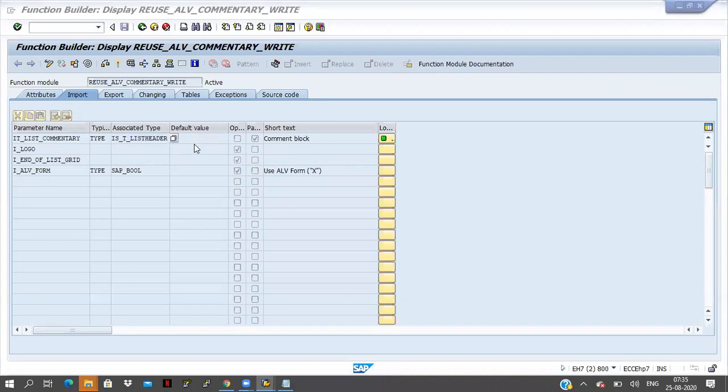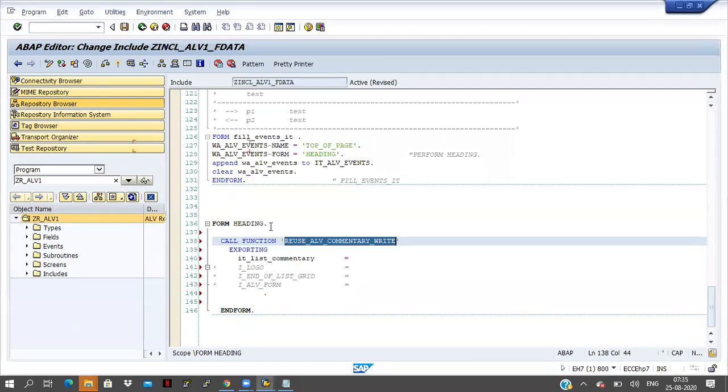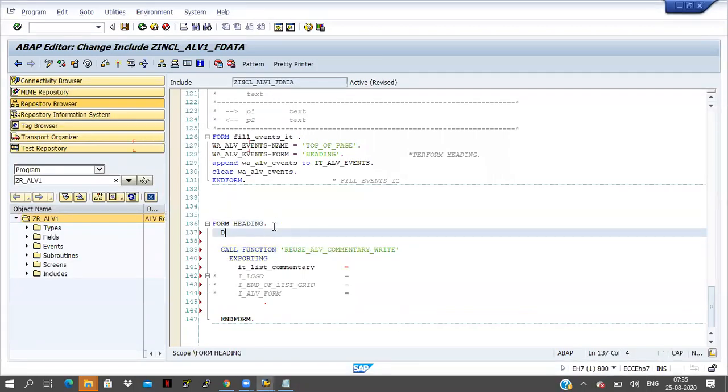Now, so this is a function module, and here only I will declare that one: data IT_list type this one.